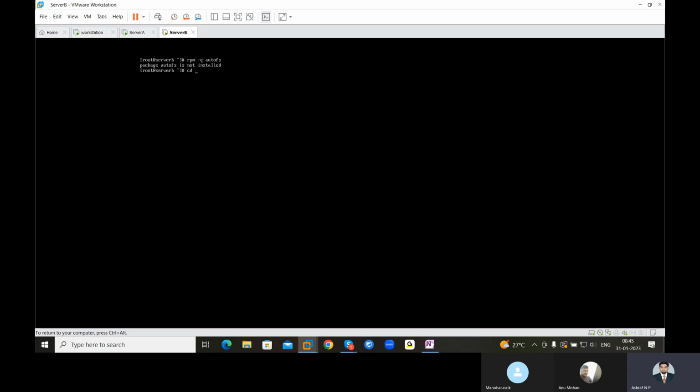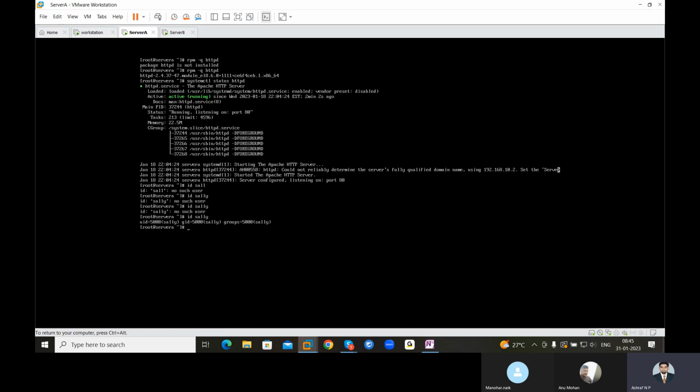I'll just say cd /etc/yum.repos.d, ls. There is a local repository as well as a configuration file available here. If you just say install autofs, autofs installation will happen, no doubt, clear. The same thing is possible here.